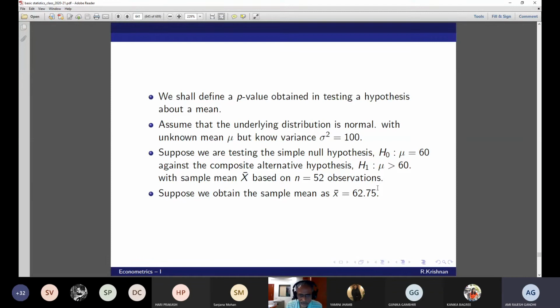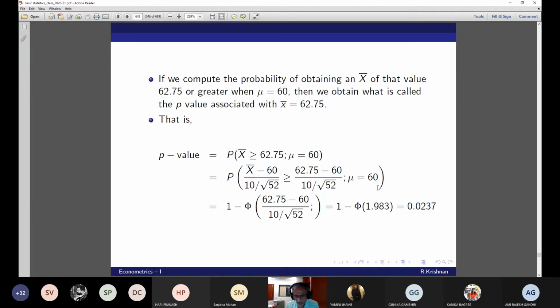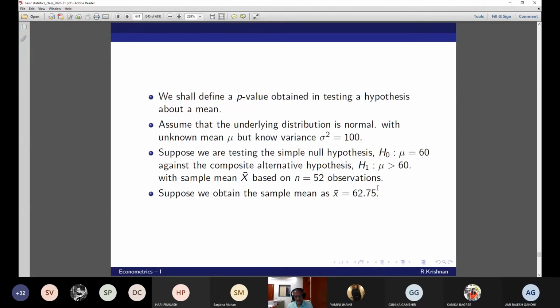So my question is, how do we know the test rule? Like, if it is greater than this, then we reject. If it is less than this, then we accept. That threshold level is what the test is all about. Okay. So my question is the following. Your sample mean is 62.75. Can you treat this to be equal to 60? That is my question. How do you test it? Isn't it? How do you test this?